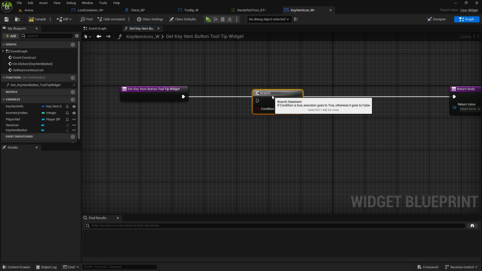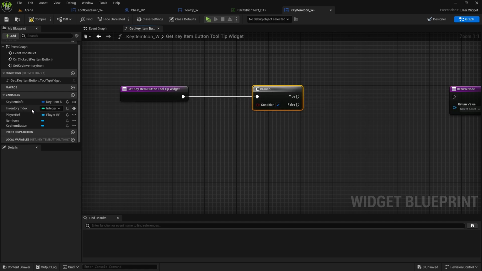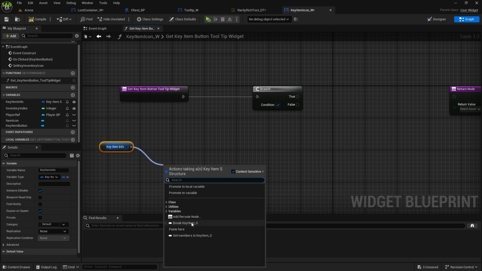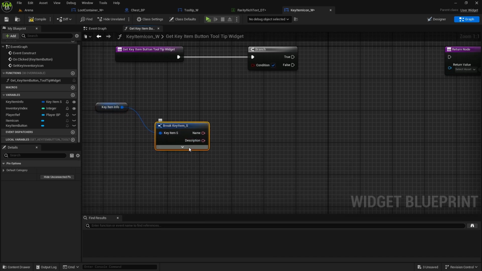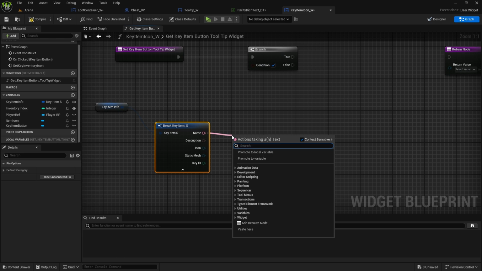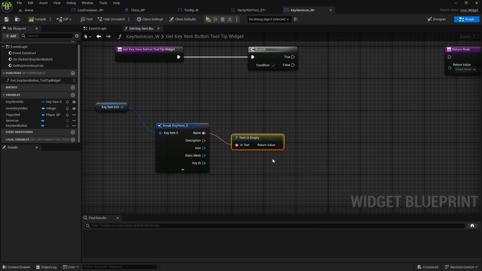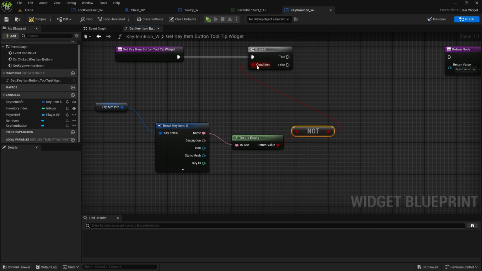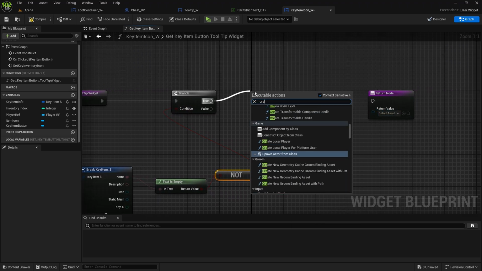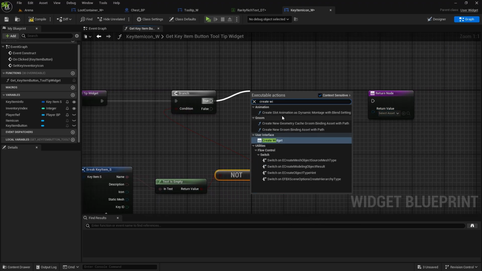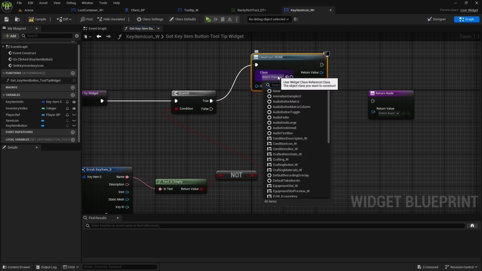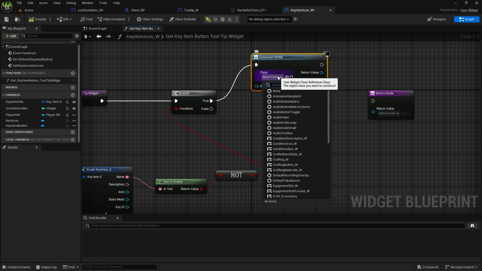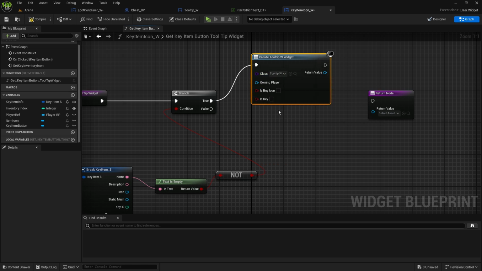Here we will have to check if it's valid, so get this key item info, break it open, and on name we can do empty, and we'll do not boolean. So it's not empty, we create widget, which will be tooltip. Tooltip widget, isKey,